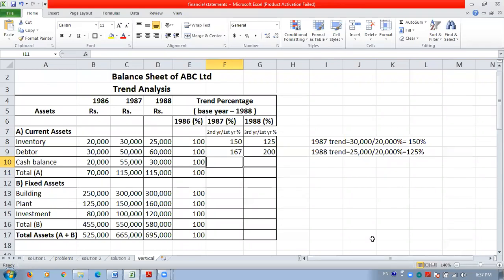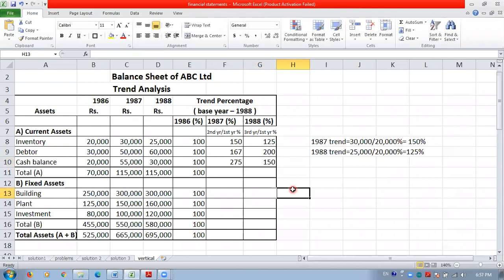1987. So most of the people have given me the answer. Okay, 275. Very good. This is Meghna and Ishwari, Aarti, Prana. Okay, Shubham, Isha. Very good. And Om. So all are right. So how you calculated this? Simply taking the numerator as your current year and the base year is the 1986 year. So it is 275 for cash second year trend, and this one is 150, right now.